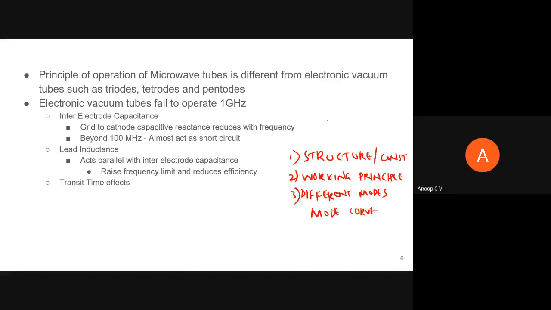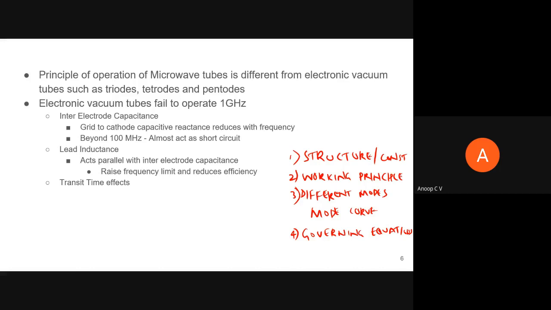We don't have to do any derivation or any other stuff. It's actually a qualitative treatment. But at the end I'll give you the governing equations. When I tell you about the mode curve, I'll tell you that for higher order modes, power output will be less and bandwidth will be more, all those points. But we don't have any derivation. It's a qualitative treatment, but to be on the safer side, I'll give the governing equations at the end. I won't be doing any derivation, as that is beyond the scope of our syllabus.